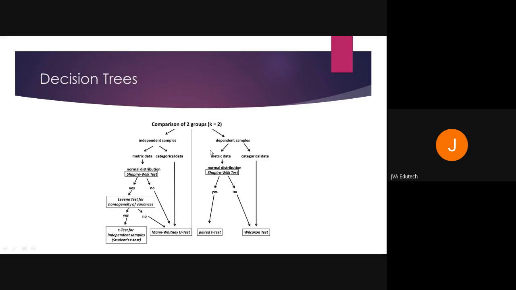Let's say I want to measure the effect of a particular blood pressure medication on male and female. That will become a case of independent test. If I want to measure the effect of that blood pressure medication across all the people irrespective of their gender but over different time periods, let's say after 3 months and after 6 months of taking those medications, is there any significant improvement in their blood pressure or not? Here I'm not comparing male with female. That is the case of dependent test.